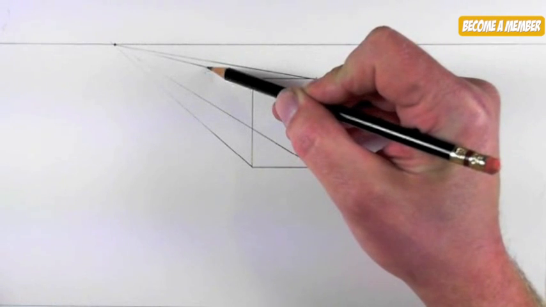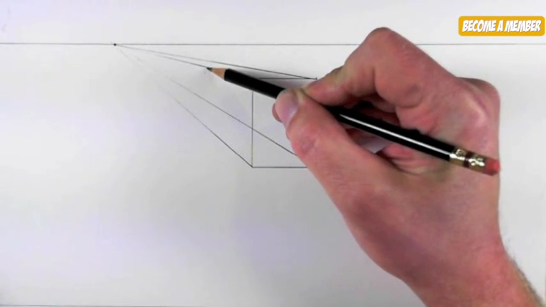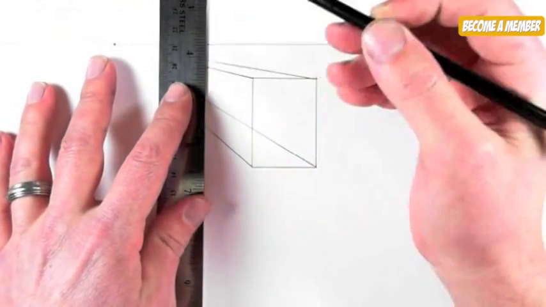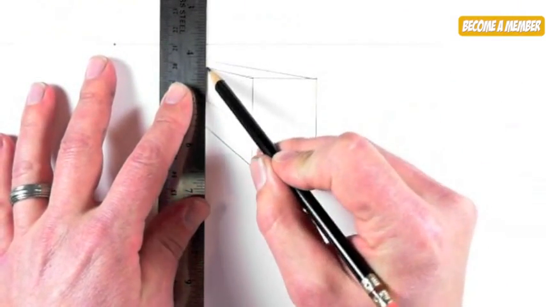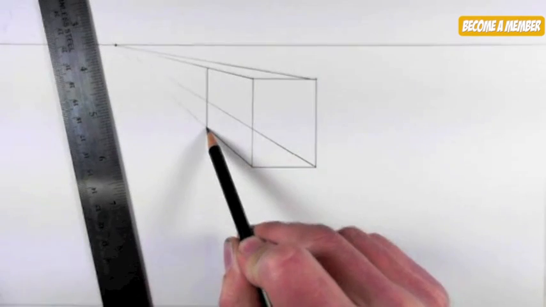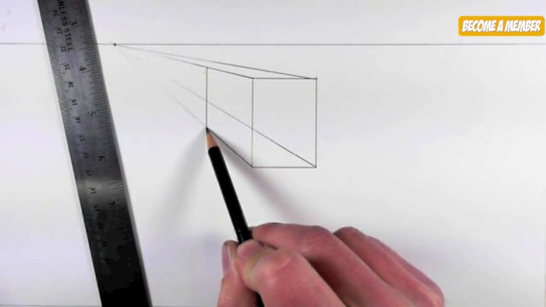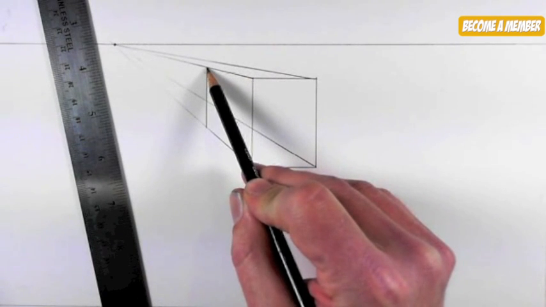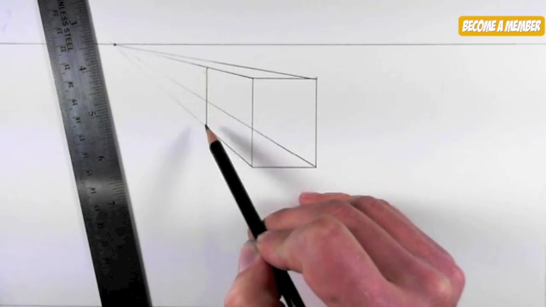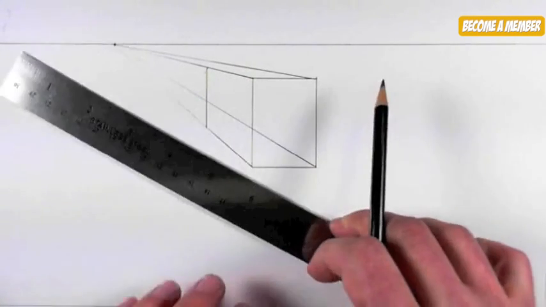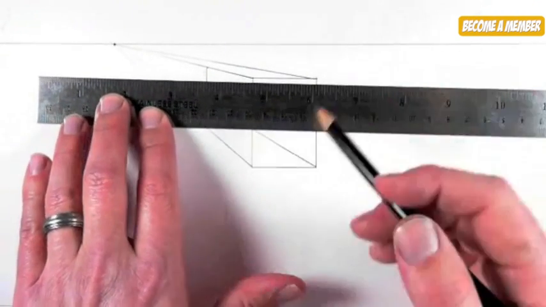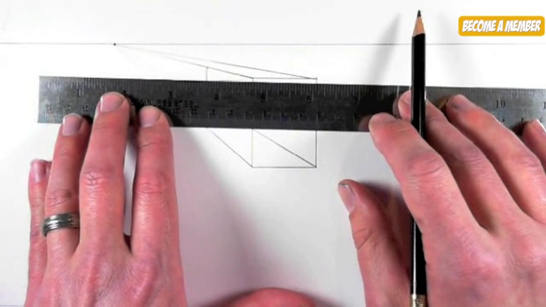So initially I will start at this corner, touching this line, and then the next thing I need to do is simply just draw a line straight down until it touches the very bottom line right here. So again, I went from this corner and I just worked my way down and I decided this is where my building is going to end, and I'm going to draw a line straight down from there with the ruler. Now I'm going to take this bottom corner and go straight across on the other side. Now I want it to be parallel with my original line, so I'm actually going to move the ruler up